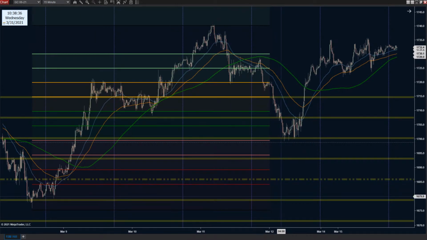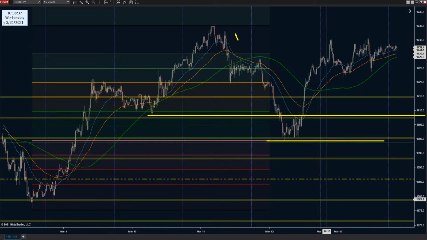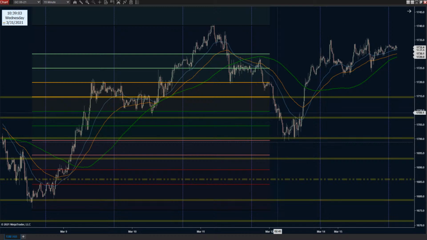And one of the best things that I love doing is zooming out and looking at it and saying, okay, what are we dealing with here? Right? Where is the last major swing? What zone does that line up with? And does that zone line up with something along the way in terms of patterning? If I can get those things to line up, like a TUL2, this one doesn't. This is just an L4 pullback. But it's the same concept. You get that trap below the lows. It wipes everybody out. And then it goes screaming all the way back up to the highs again. It happens over and over and over again.